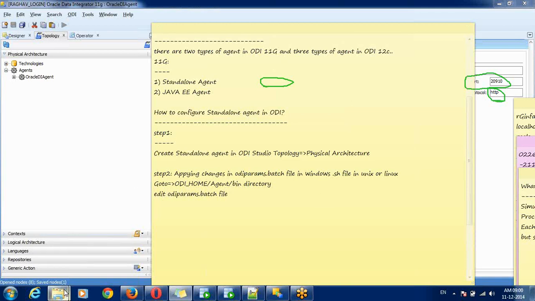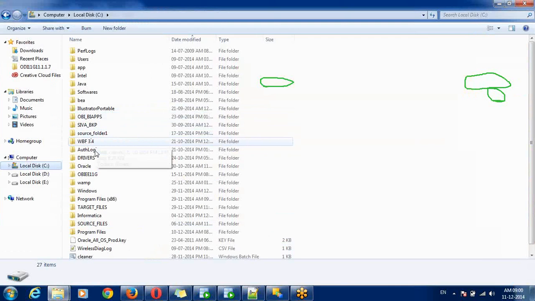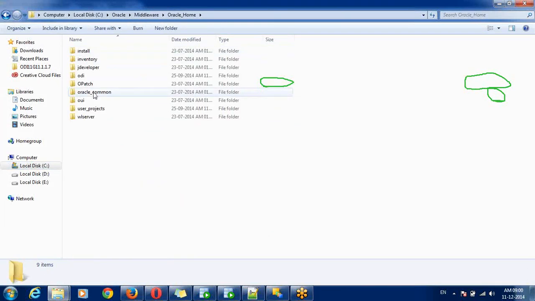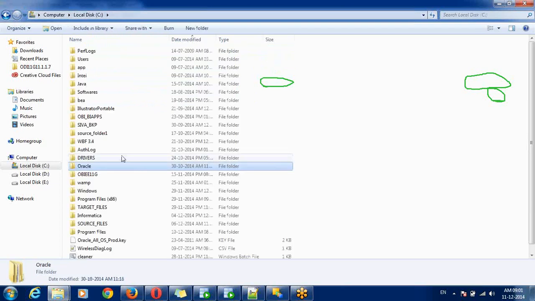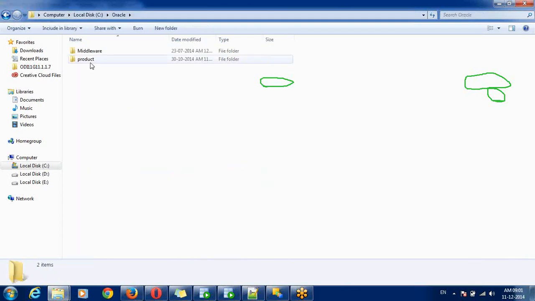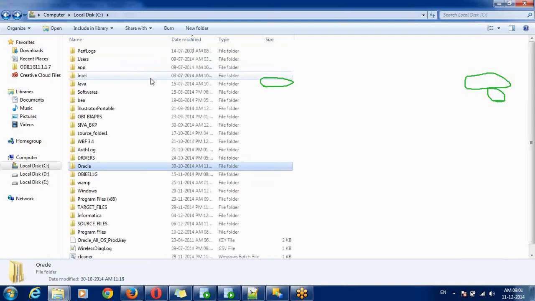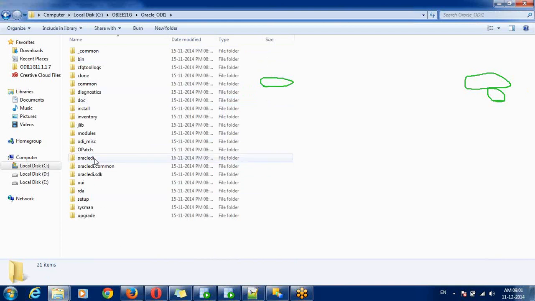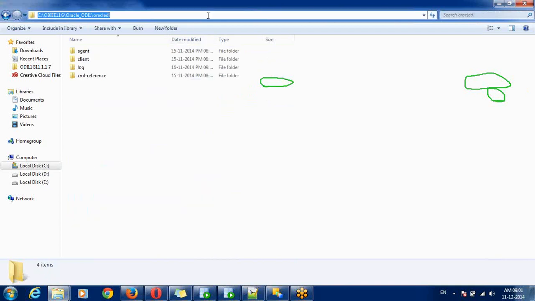So go to your ODI home. This is my ODI home. Then go to agent, then the bin folder.